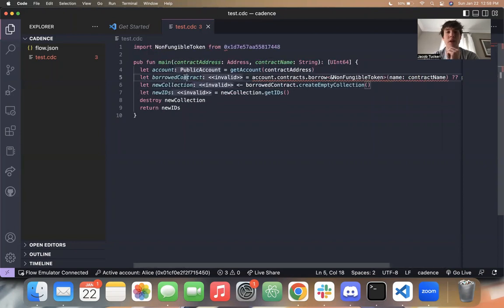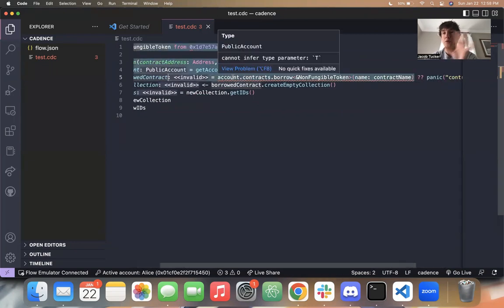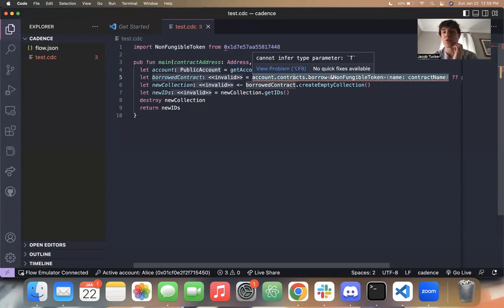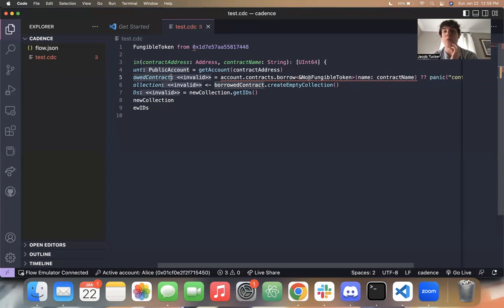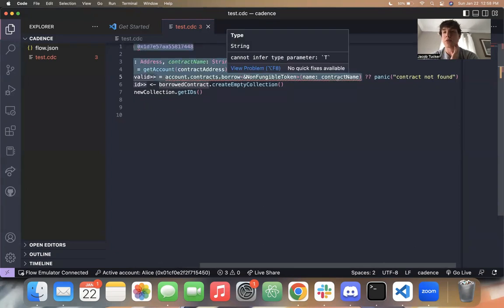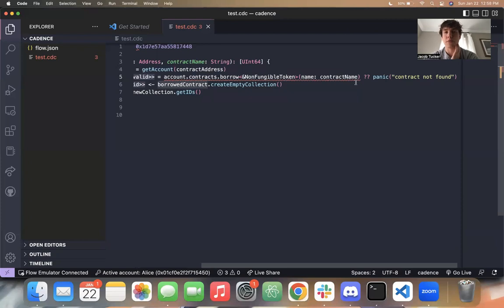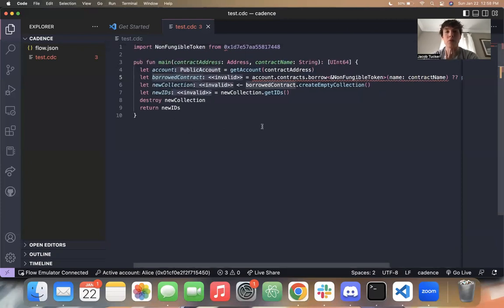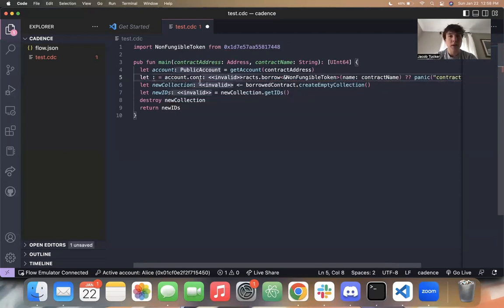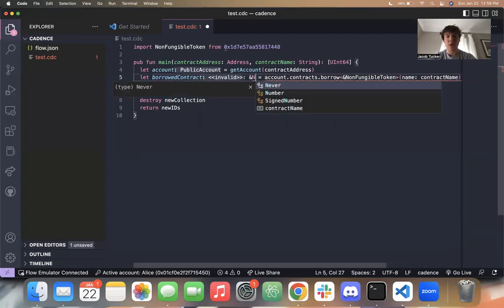So in this case, this is a borrowed contract. This is the new syntax. We're doing account, which is the public account, dot contracts dot borrow, and then we're inputting the contract interface here, which is pretty interesting. And then you put the name of the contract, so contract name, and you can panic if the contract isn't found, right? So what's pretty cool is that at this point in time, we have, let me put the type here, a reference to a